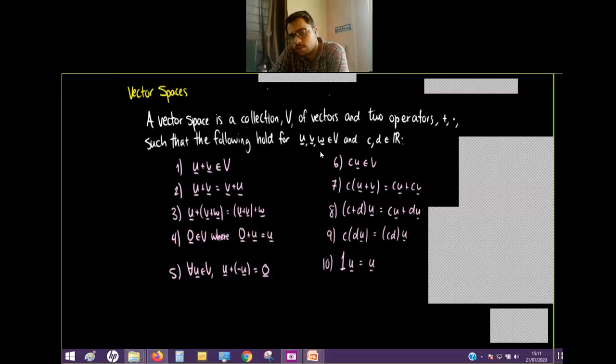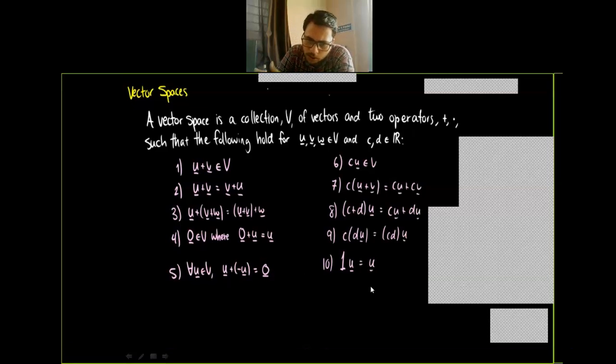So always please remember that whenever you come across standard material, the sequence in which the properties or axioms are given will always be the same. You can take any standard book, Gilbert Strang, Kumaresan, or David Lay, and in all these standard books the sequence of the axioms will be the same. If you want to check, you can check. The last property was multiplicative identity, the scalar multiplication identity.